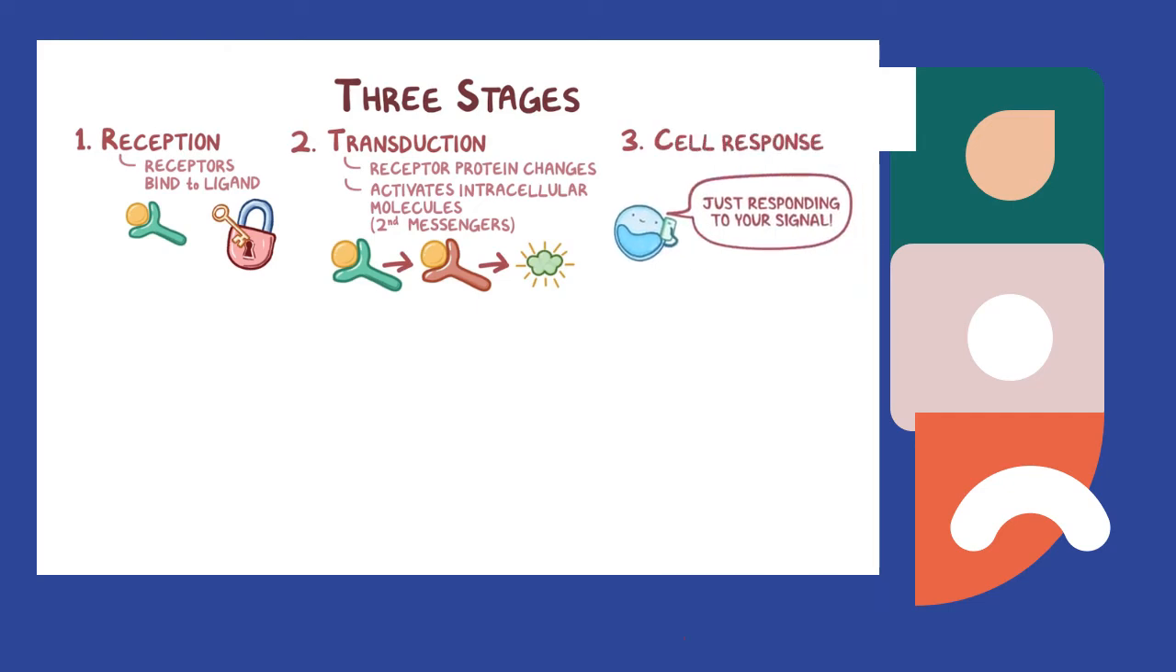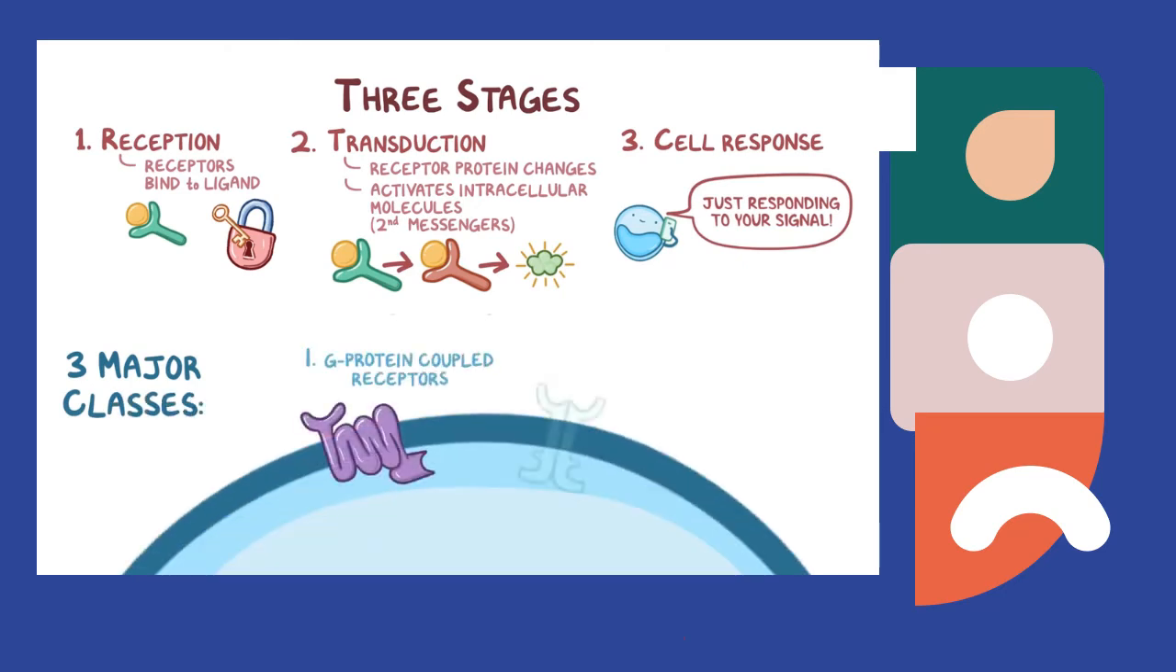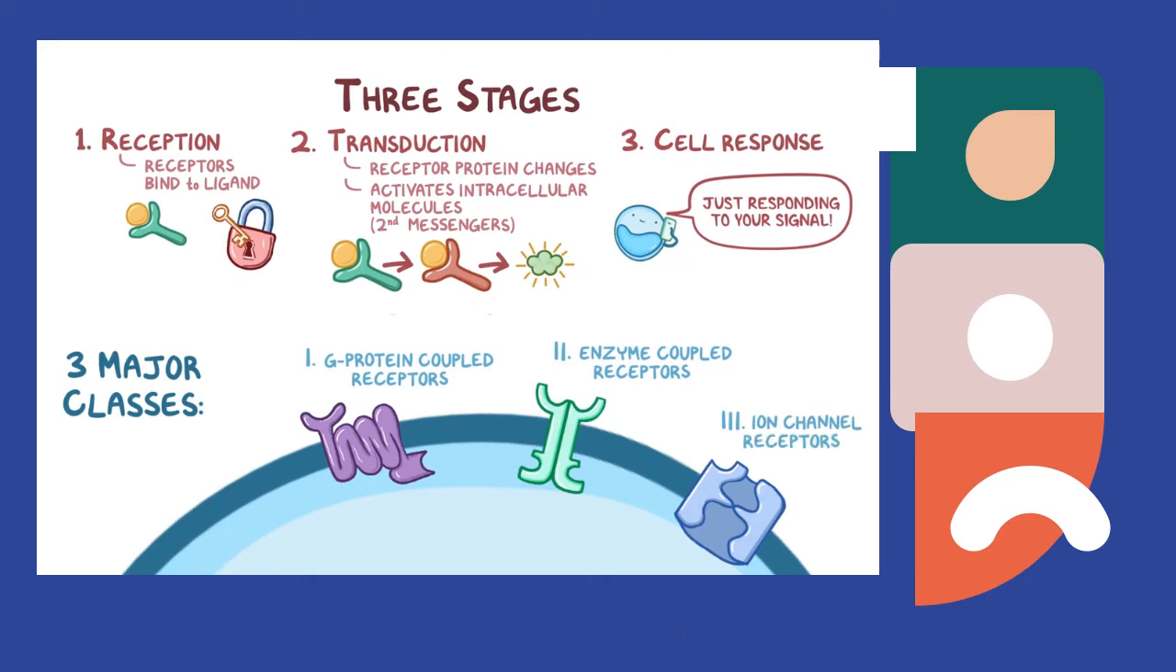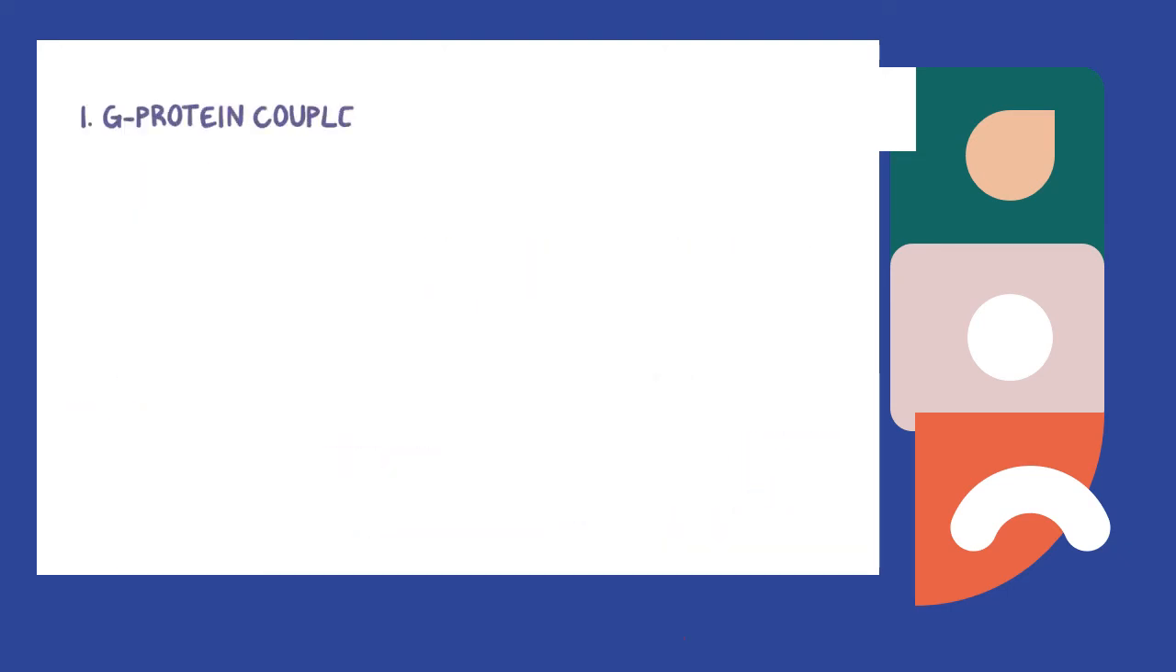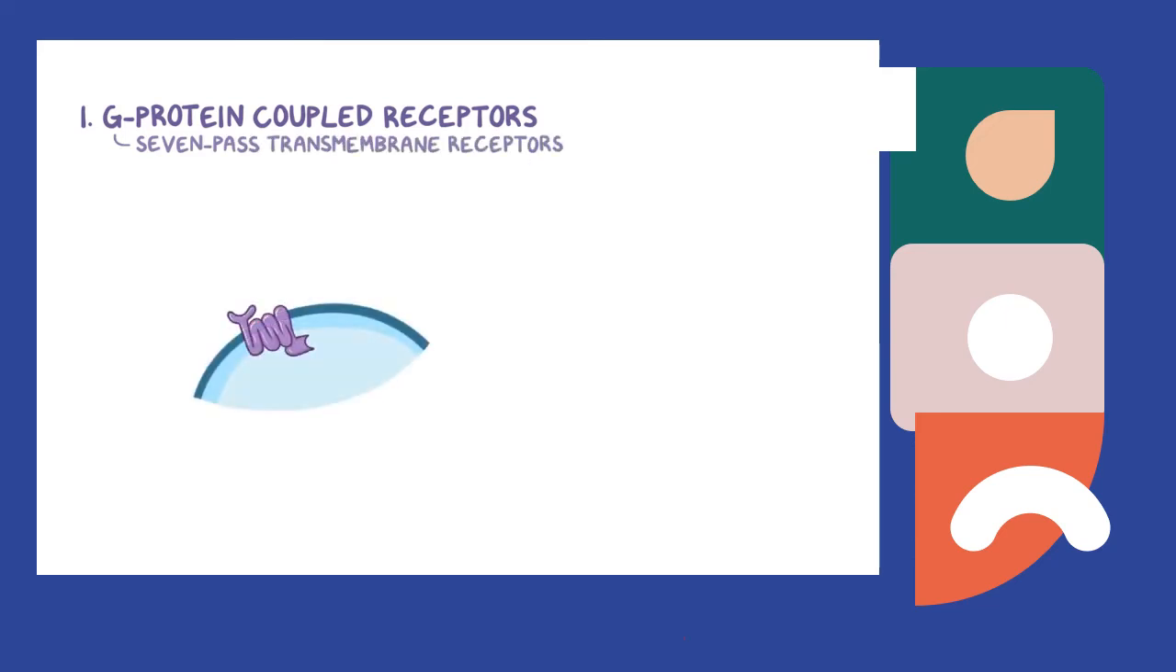Zooming into these transmembrane receptors, there are three major classes: G-protein coupled receptors, enzyme-coupled receptors, and ion channel receptors. G-protein coupled receptors are 7-pass transmembrane receptors. These are like really long proteins that have one end that sits outside the cell and binds the ligand. Then the snake-like protein dips in and out of the cell membrane 7 times, and finally ends on the inside of the cell. The end of the G-protein coupled receptor that's within the cell activates intracellular proteins called guanine nucleotide